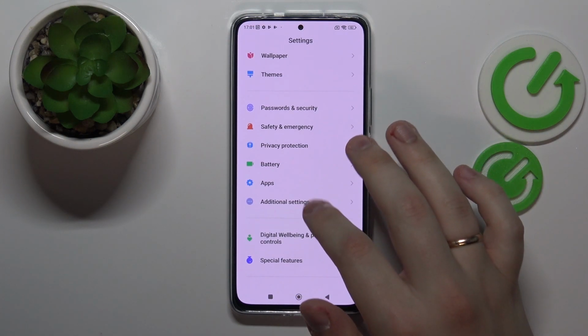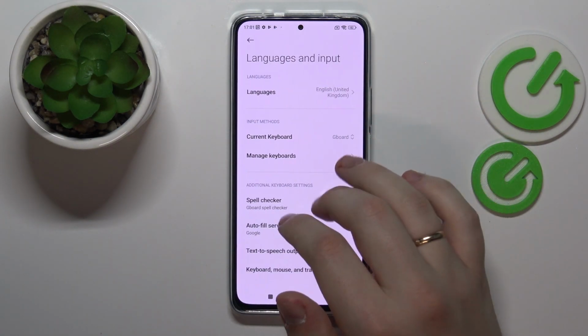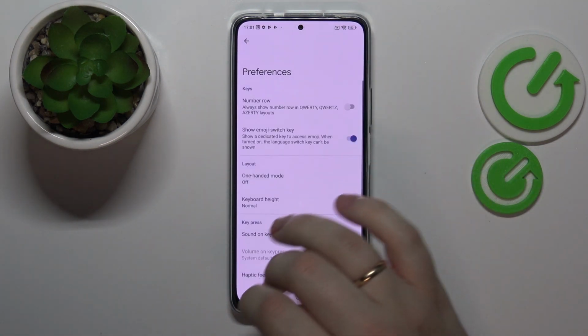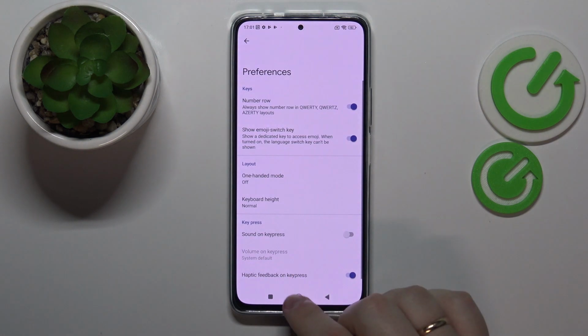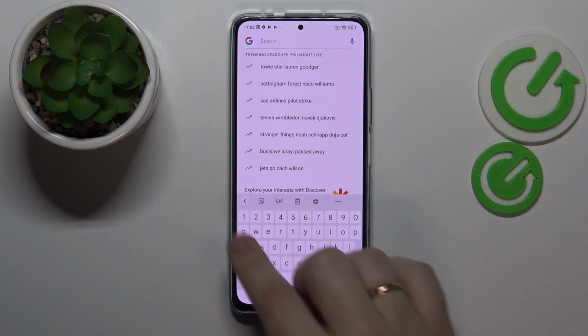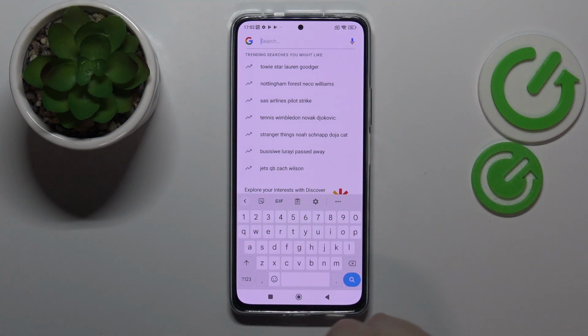Here go for the additional settings, languages and input, manage keyboards, Gboard. At the Gboard settings page, go for the preferences and turn on this number row toggle. And as you will see now, that will effectively mean that you have successfully activated the separate number row, or separate number line, on top of the characters on the keyboard